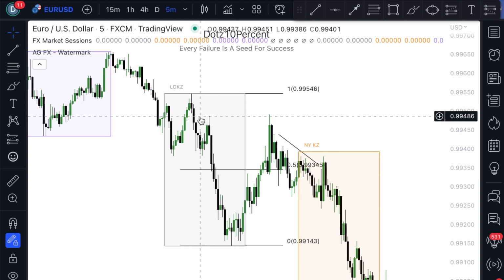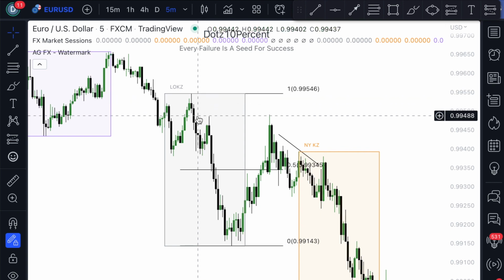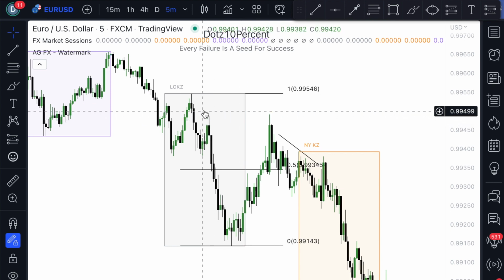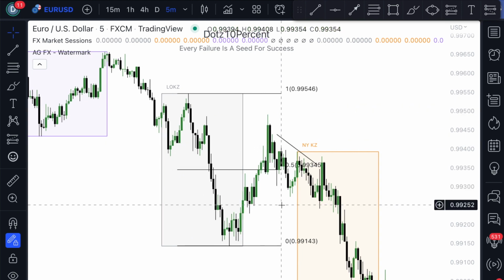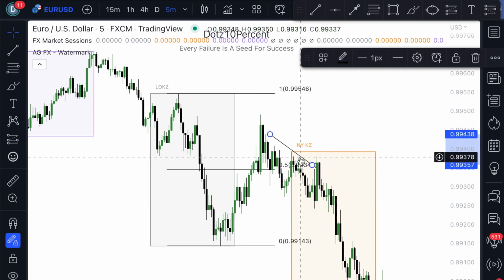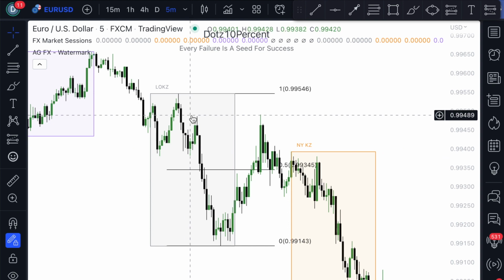Now, the difference in pips from here to here is about 6 pips, right? If I have to add 6 pips to my stop loss, that's not the end of the world. You'd rather be safe than sorry, because now if we look at this, what did price do? Price actually took this high and it traded into this small fair value gap. And of course, we displaced lower. Now, I understand why somebody would put the high there, but these are things you have to be aware of,